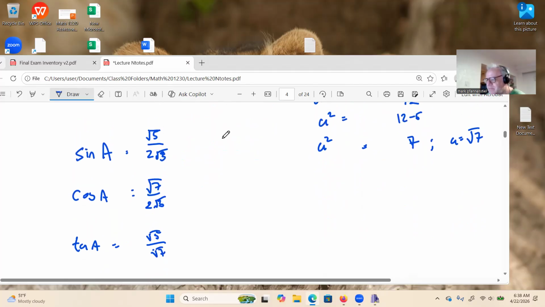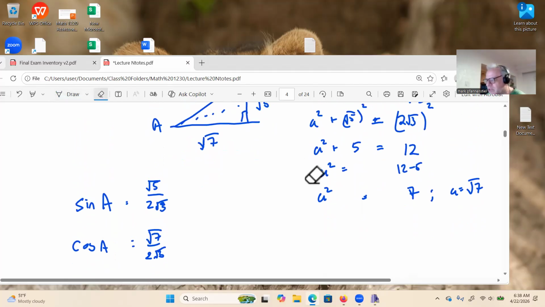All right. I'm going to make some room here. I should have made this a little bit better as far as adjusting my room, but we'll go ahead and